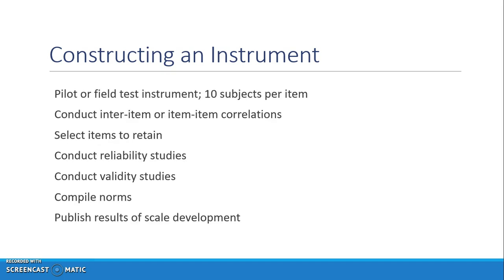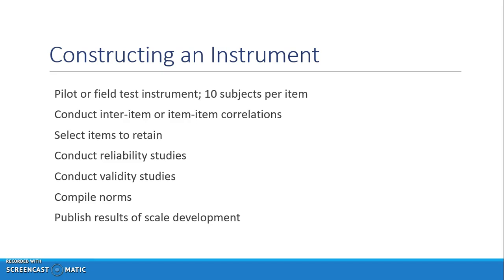So getting that pilot going, you should have at least 10 subjects per item. A lot of times people don't do this. This is the best advice though. If you're going to have a large study, you need to think about factor analysis and having 10 subjects per item. You can conduct inter-item or item-item correlations, look at the statistics, pick the items you want to retain,